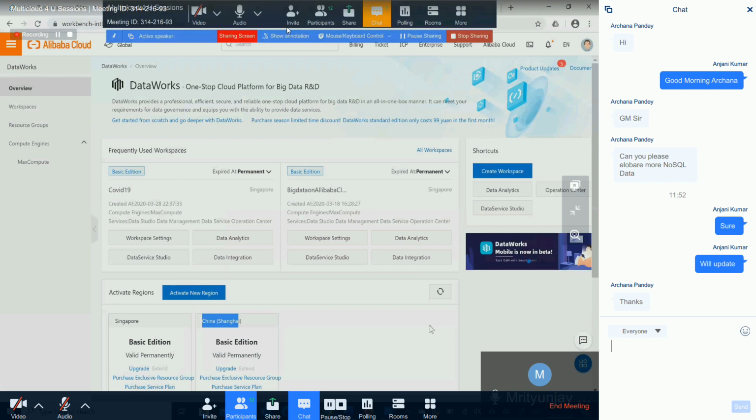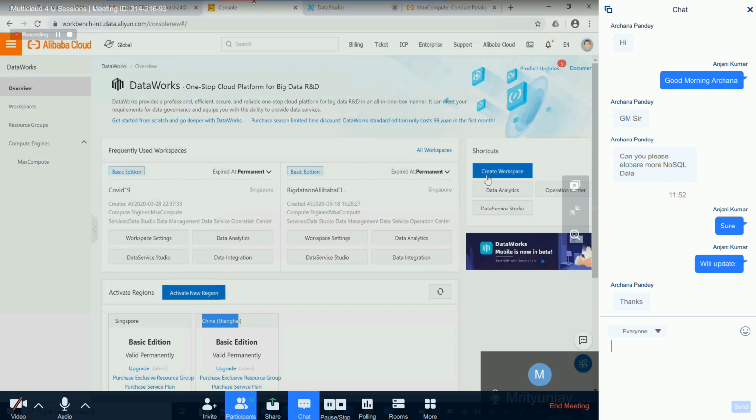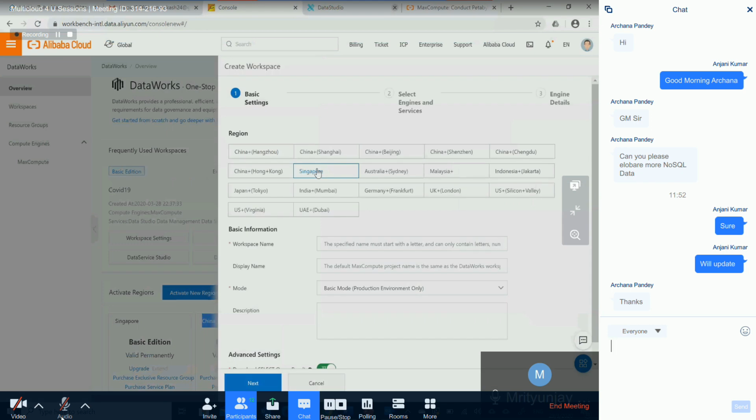So directly I'll go and create the workspace for you. I have already created a couple of workspaces, but this is for test purpose. So I'll show you how to create the workspace as well. So maybe we'll create a workspace, and then I'm selecting Singapore as the region. And let's say I'm saying the workspace name as Big Data